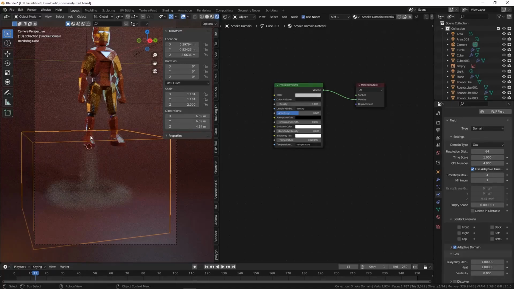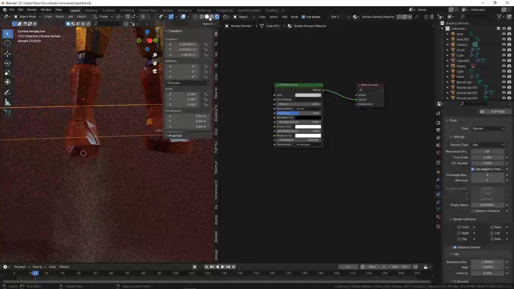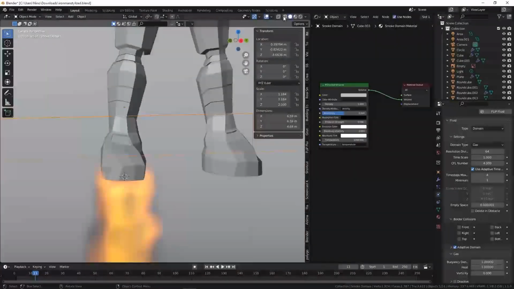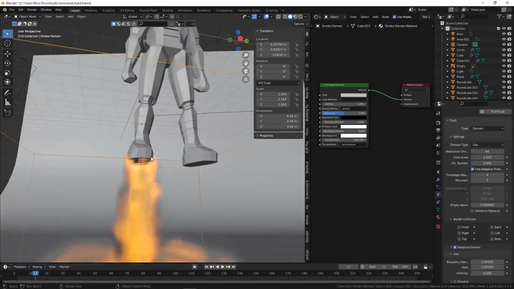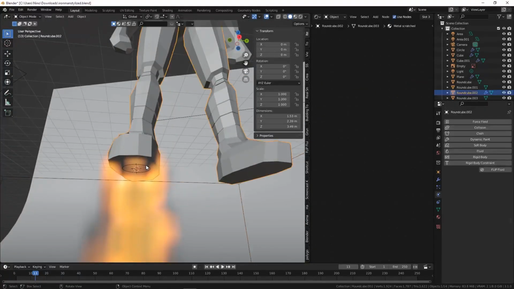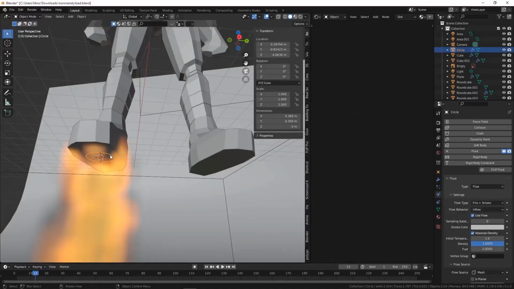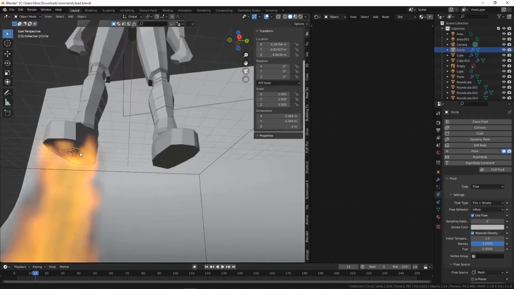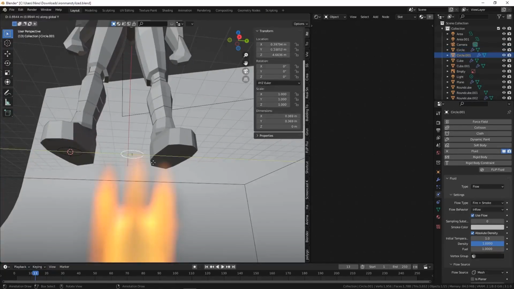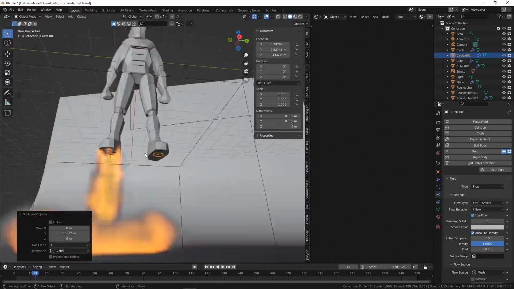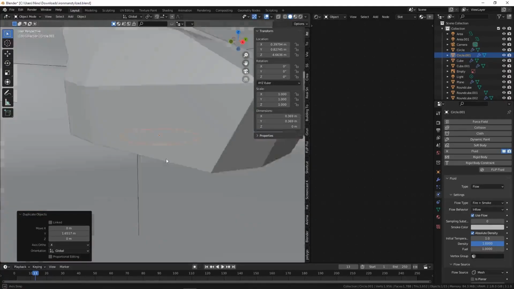So let's go to solid view first. And we are first going to copy this thruster to the other foot. So select your object and then press Shift D, press G, Y, and just move that to the right. There we go. So right now you can't really see anything yet, and that's because we have to update our